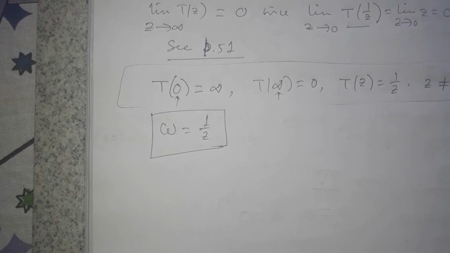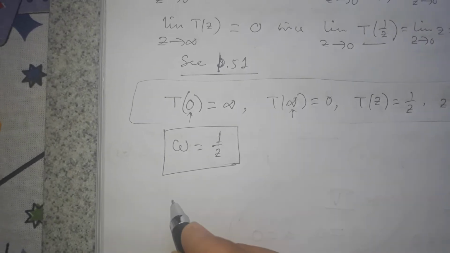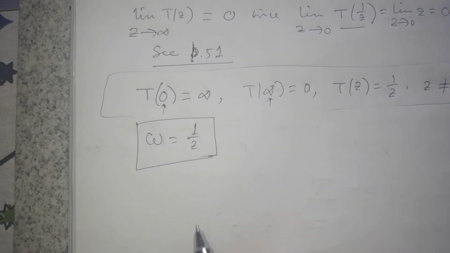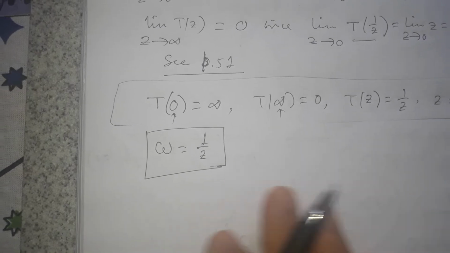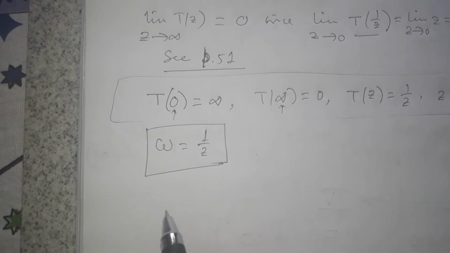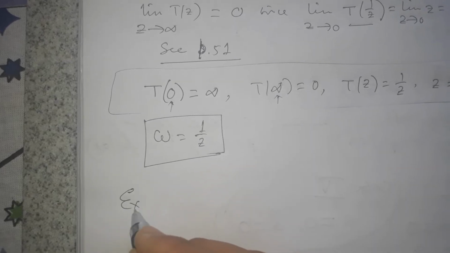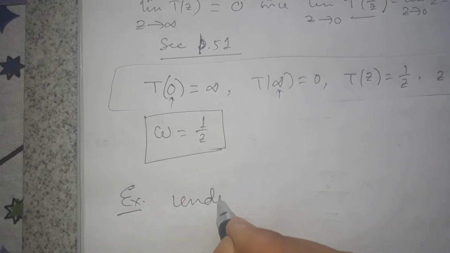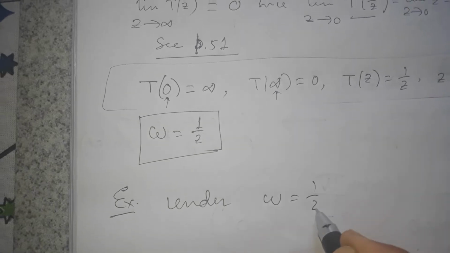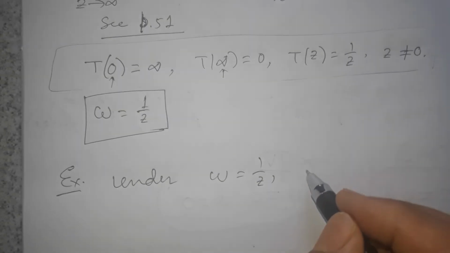Next I will show some examples by using which we can see some images of certain curves. For example, under this w equal to 1 upon z,